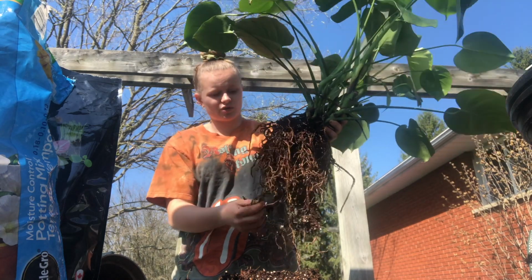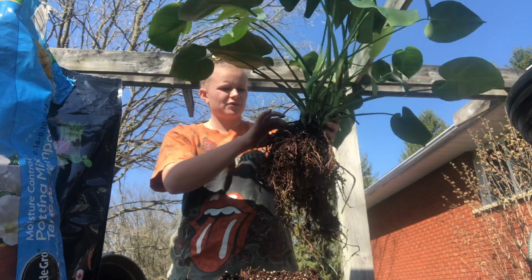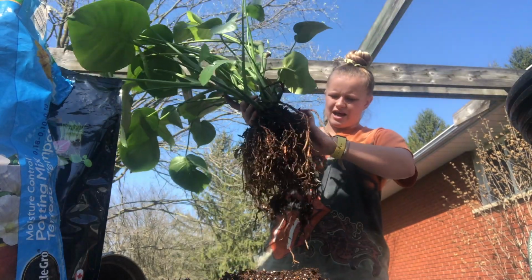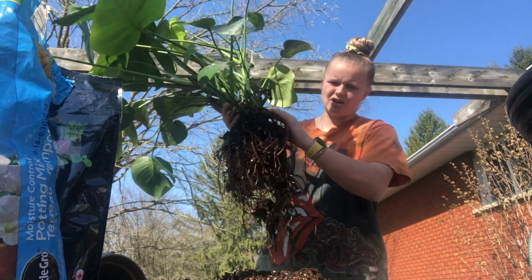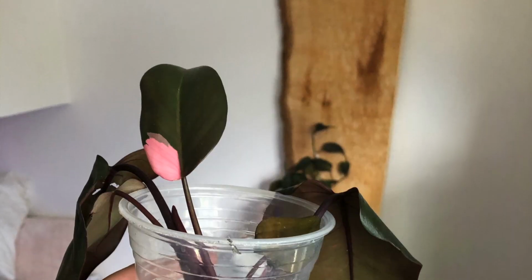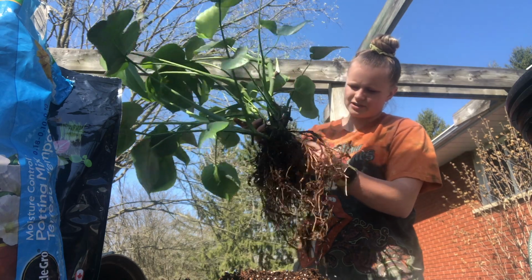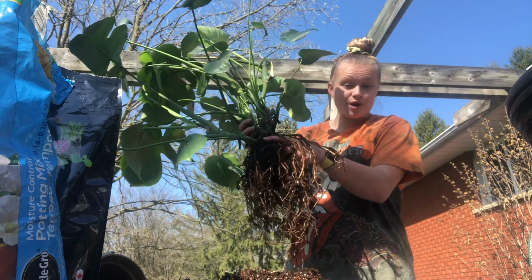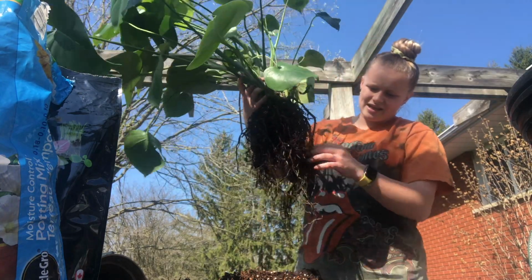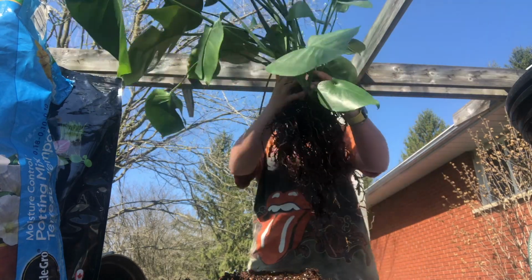She said, I'm so sorry, I just don't want to sell you a plant where the leaves aren't doing well. The biggest leaves might just kind of die, so I don't want to give you that plant for that. So I'll see if I can insert a picture here, or maybe I'll do a little tour after we pot this of the plants that I ended up getting on my no-buy. But anyway, I got that plant, and then that was going pretty well until I was online,